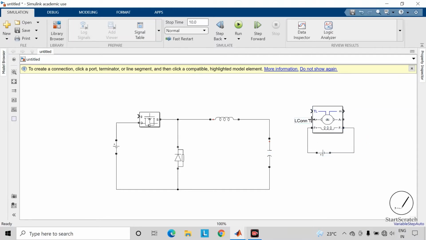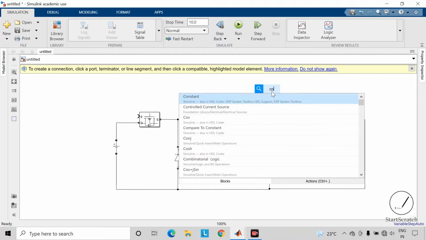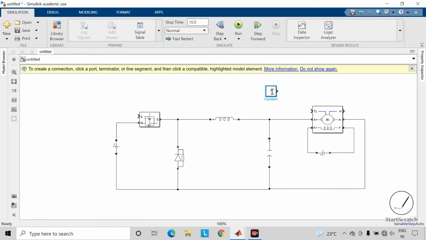Now connect here this armature terminals to this buck converter. Take a constant block and connect it to this torque. So we will apply constant torque of 1 Newton meter.